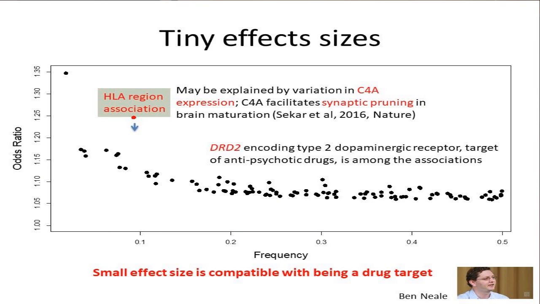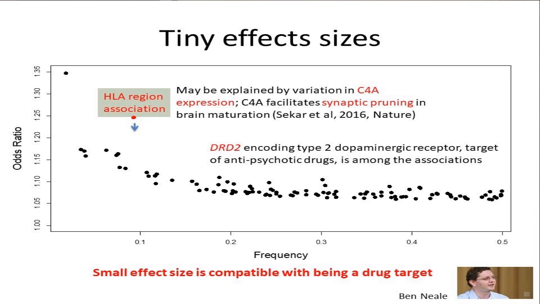And if you look at these associations, then you would see that the odds ratios are uniformly very small. So apart from a couple here, they are all less than 1.2. So effect sizes, very small. And there is one particular one that stands out, HLA, because HLA is a very complex region. And it could be that this is more than one association, but nevertheless, there was a recent study that showed some evidence that perhaps this signal is due to variation in this gene, C4A, which interestingly functions during brain development